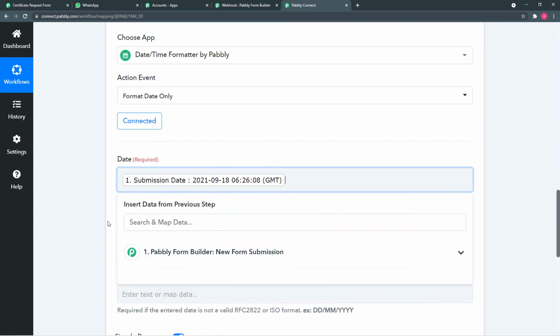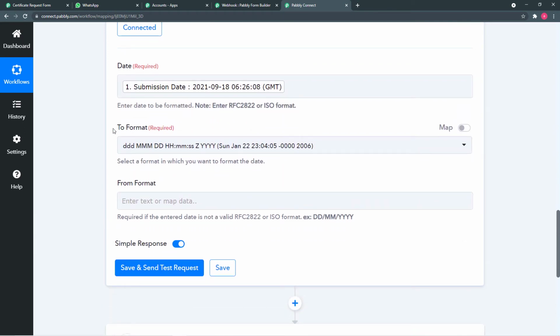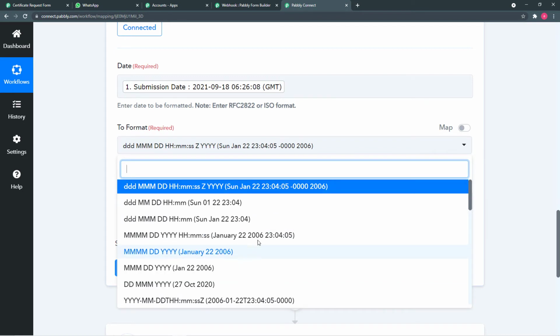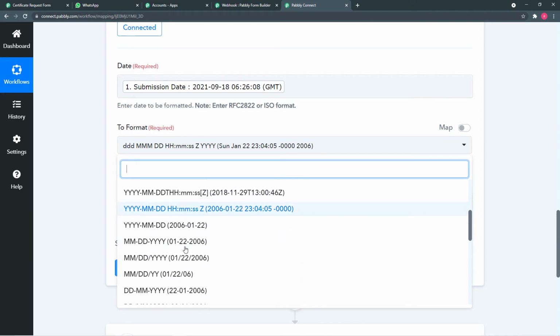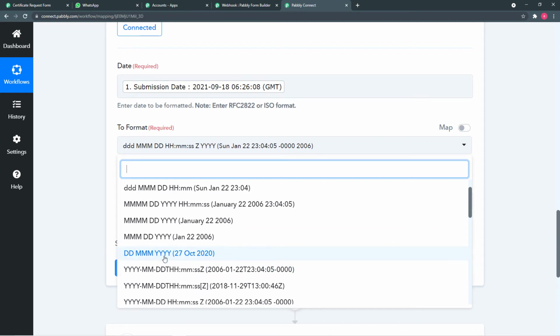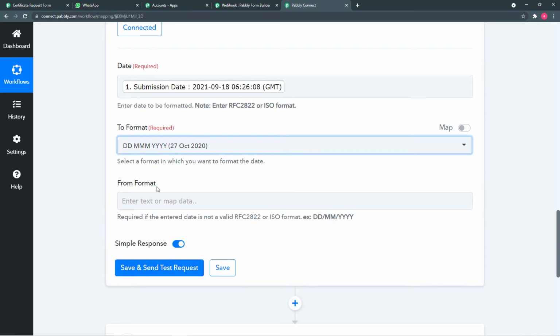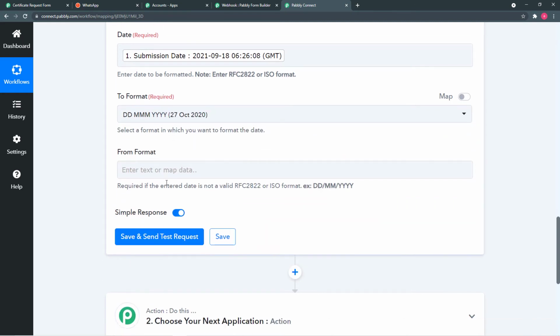So from here, map this date, and now it is asking to which format you want to convert. So I want to convert it in this simple DDMMYY format. Alright, so you can select this. Now it is asking from which format you want to convert this.